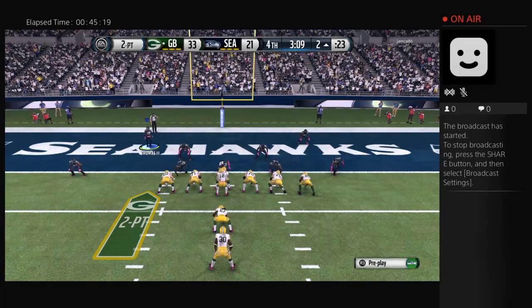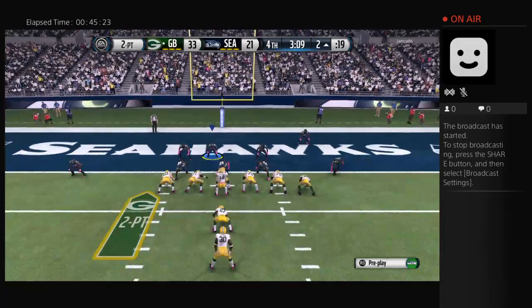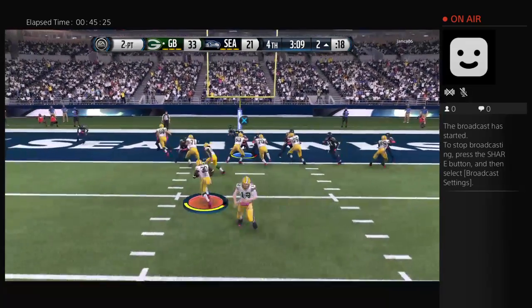Look what the defensive line is doing. They're all pinching down inside. They're expecting a run. They hand it off to...